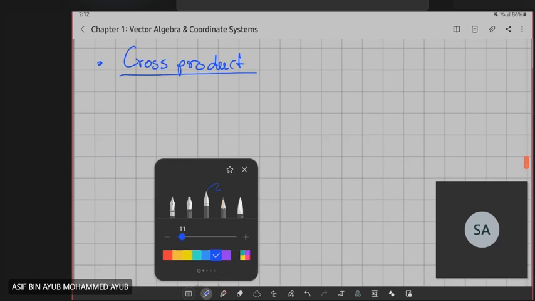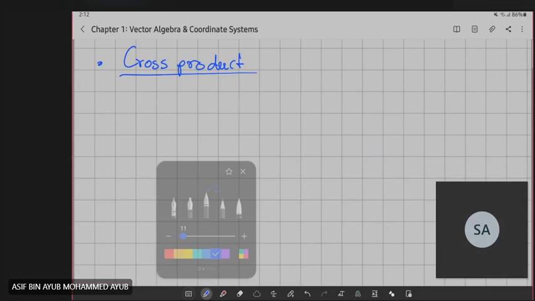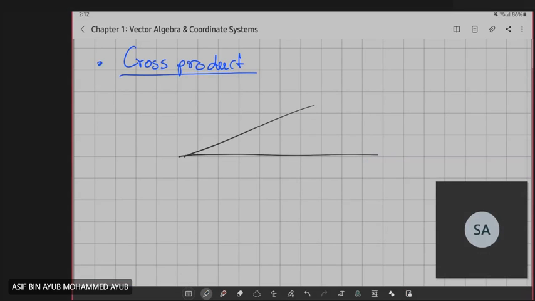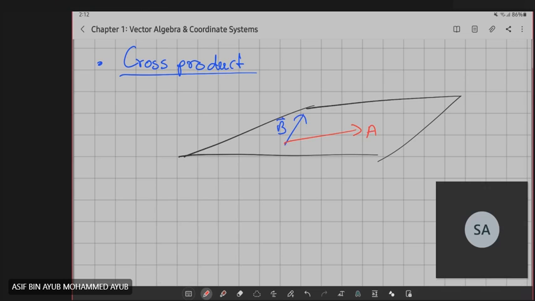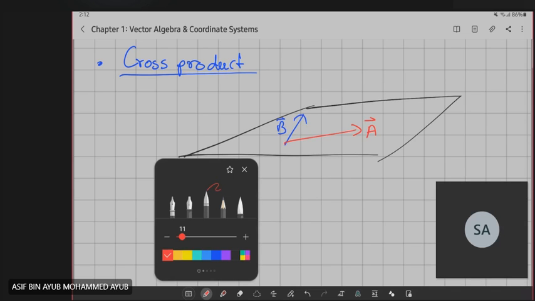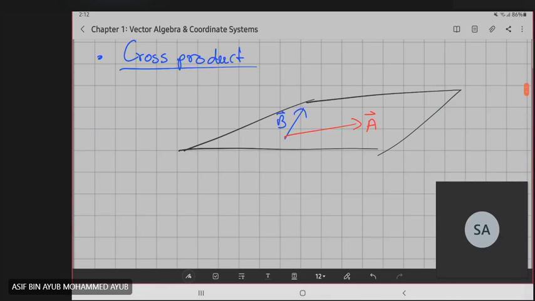The way I like to visualize cross product is you imagine you have a piece of paper and you have two vectors inside. You have a vector B like this, and you have a vector A like this. The cross product will give you a vector C that is perpendicular, عمودية, on both A and B, that goes